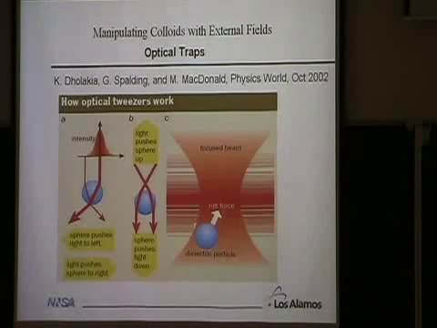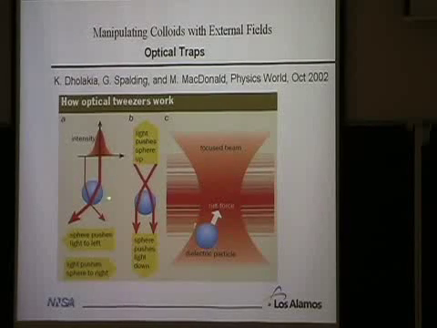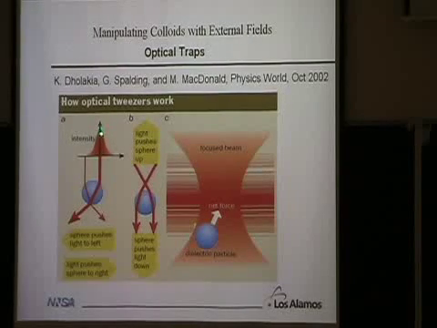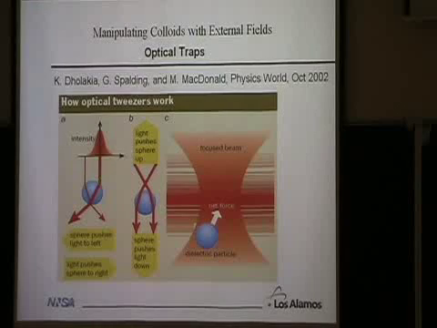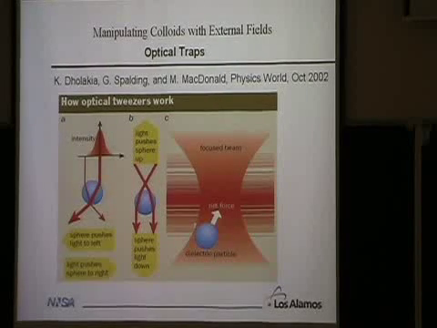You can manipulate colloids with a laser beam, and so you can make what's called an optical trap. You shine a laser beam into your colloidal system such that you focus it at a spot, and then you have a dielectric colloid interacting with that laser beam. Suppose this is the most intense spot of the laser. Laser light will be diffracted through the colloid, and if the colloid isn't right at the center of the laser spot, there's going to be momentum transfer where more laser light is diffracted this way than that way, and that winds up giving a net force on the colloid this way, towards the minimum.